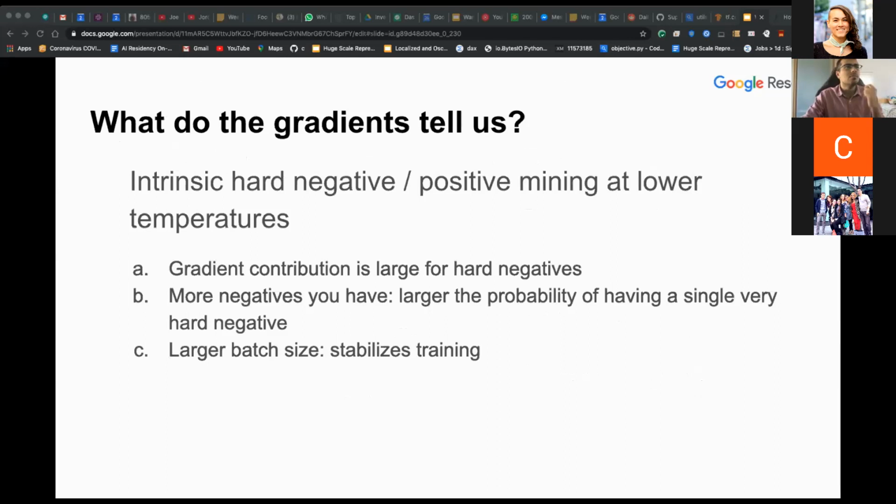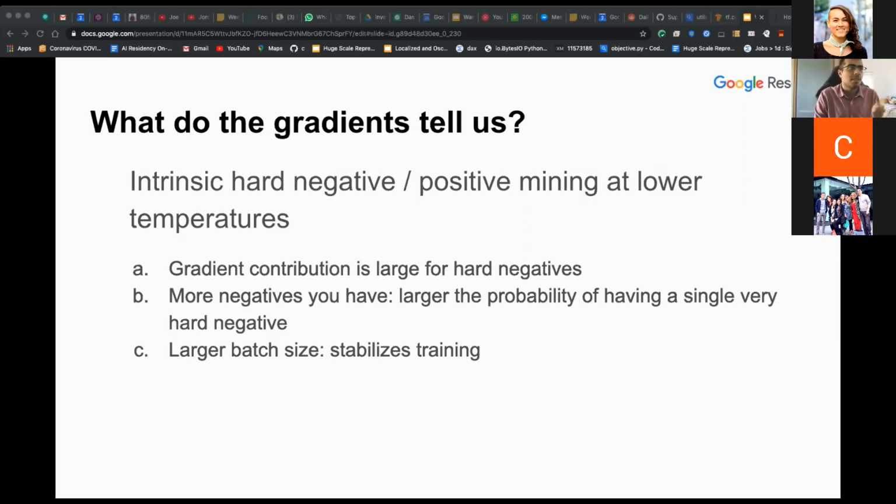Right. So what do the gradients tell us? We haven't trained any models yet. We've just looked at what the loss function should look like. We have done a few experiments. What do the gradients already tell us? This tells us definitely that hard negative and positive mining is already being done by the model. You don't have to do it manually,